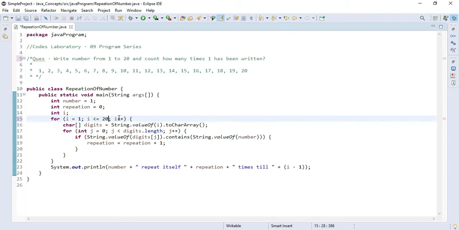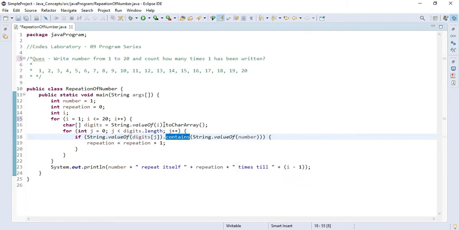Then it will increase by 1, so that we will be putting the condition on each and every number like 1 2 3 4 and so on. And after that, first I have converted this integer variable into a string, so I'll be able to apply the contains condition on that.